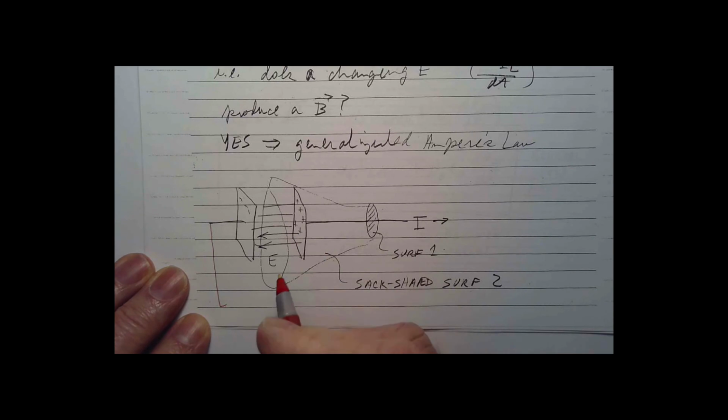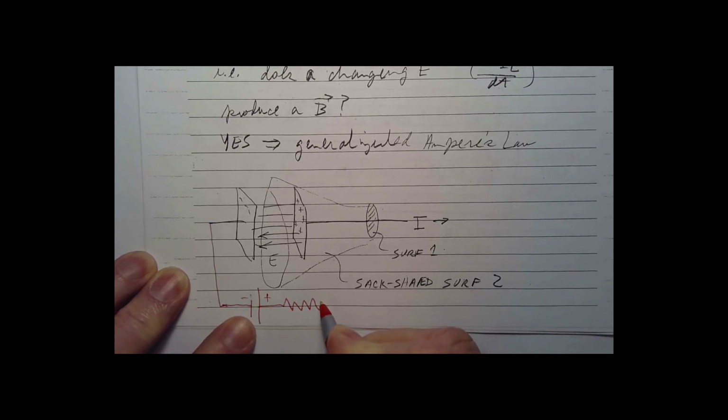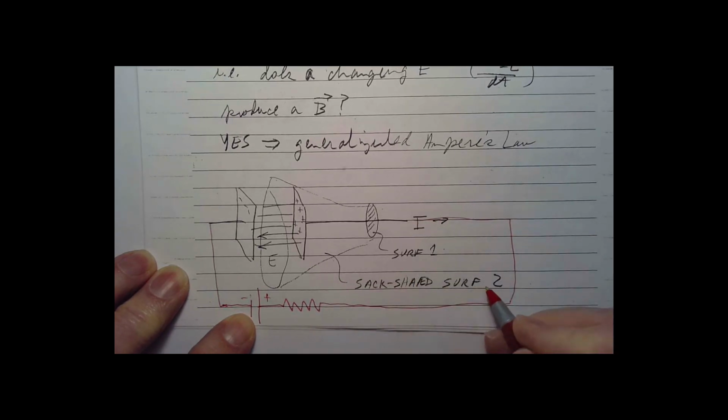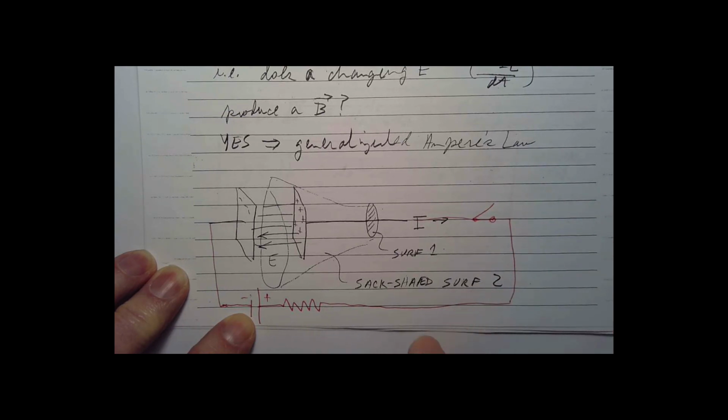Let me make sure I'm on screen. I'm going to take a battery here, plus and minus. I'm going to connect that with a resistor, and I'm going to connect that around to here, around there. And I'm sorry, I should have put a switch in here. Okay, when I close that switch,